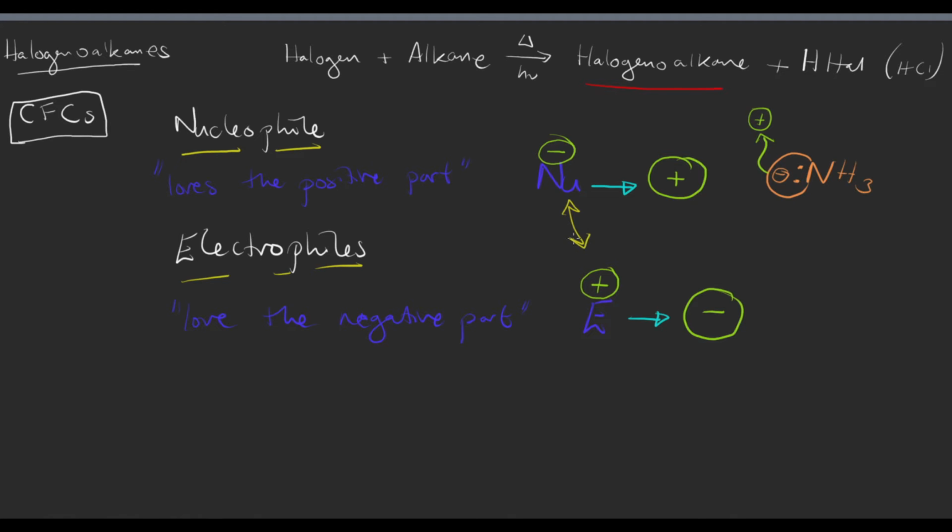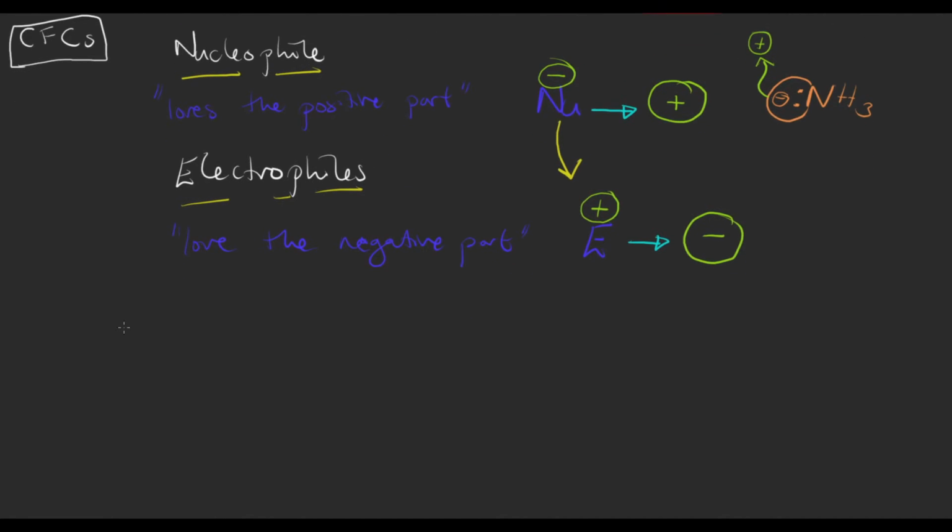Now again, because we are doing organic chemistry and that talks about the flow of electrons, we tend to draw our curly arrows going from the nucleophile to the electrophile, because that demonstrates the electron flow from the negative thing to the positive thing. So now that we know a little bit about nucleophiles and electrophiles, let's move on and let's talk about some nucleophilic substitution reactions with the halogenoalkanes. Now that sounds maybe confusing, but let's break it down. So nucleophilic just means nucleophile, Substitution. Substitution just means we're going to swap one group with a different group, and of